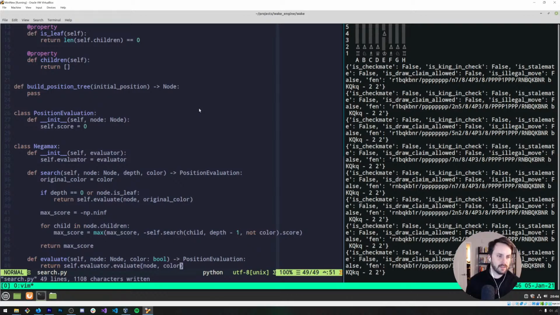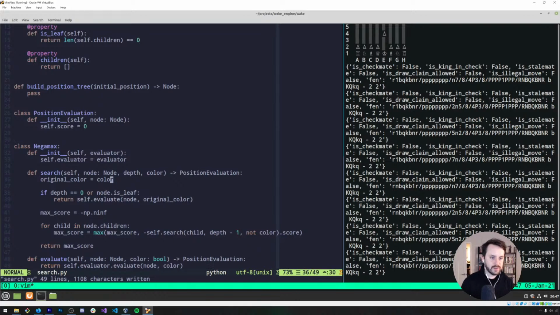And so what does this algorithm look like? It returns a position evaluation, which right now is just going to be a score. Everything that I'm doing here is going to be based purely on heuristics like material balance. Probably later things like passed pawn evaluation, bishop pair, king safety. There are a whole bunch of metrics that we could evaluate concretely.